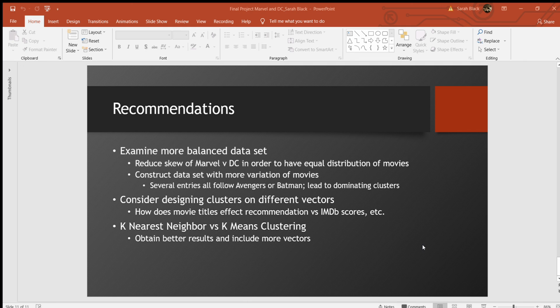And then see if you can build a clustering recommender with more than just the description. Again, I had several errors when constructing my algorithm that would not allow me to use more than one variable. That was because when we vectorized the text into the sparse matrix, it could only make one sparse matrix, and I found that the k-means clustering was having a hard time taking in more than one sparse matrix.